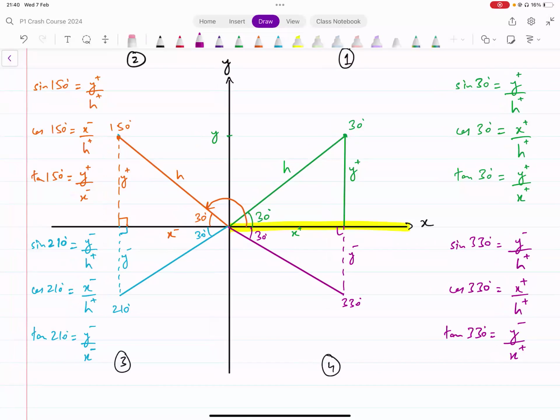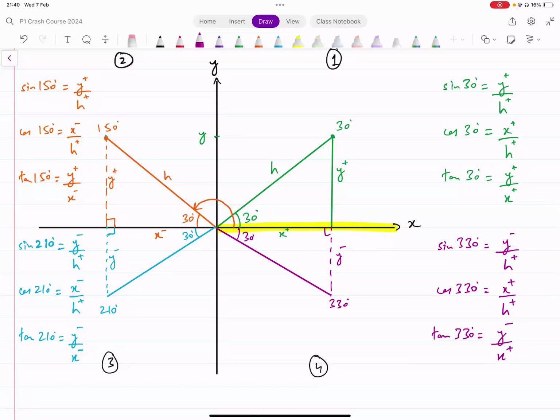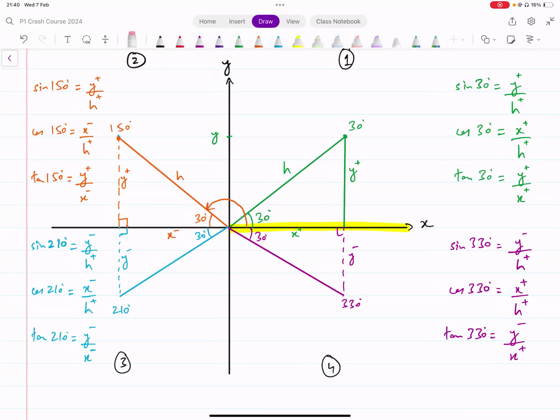What we understand from this is, number one, we can extend these functions to the other quadrants. How? By changing the definition of sine, cos, and tan now. Instead of adjacent, we would be saying x coordinate. Instead of opposite, we would be saying the y coordinate. Now, since x and y coordinates exist in all of these quadrants, we say these are the definitions in each quadrant now. In fact, the definition remains the same. However, the sign of x and y coordinates change in each quadrant. And if you were to summarize all of this,